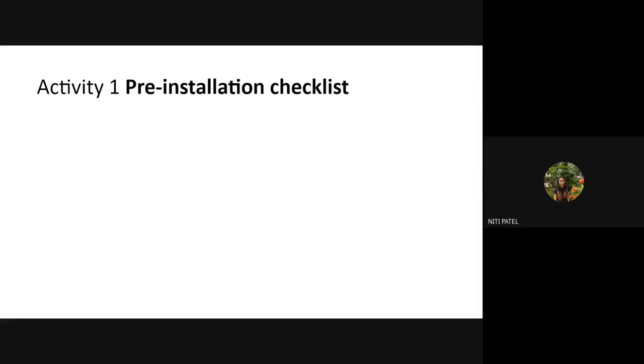Before I install anything inside a computer system, not only an operating system, but any device or any software, we have to prepare a checklist. Now, what is that checklist? That is what all things I will require. I have to make a list of it. And as soon as I cover each and every part of that installation, I simply have to tick on it. That is what a checklist is.